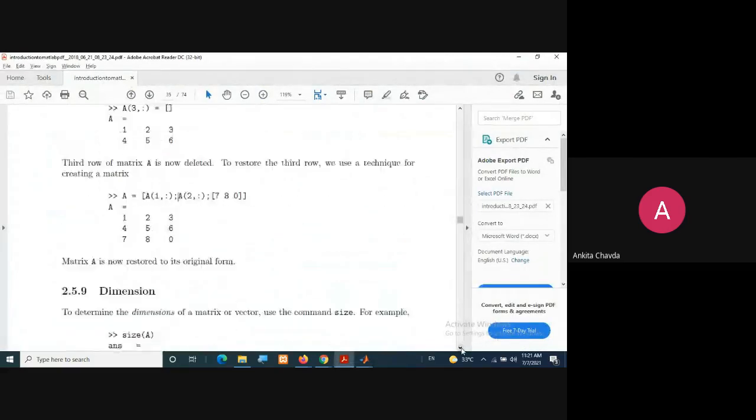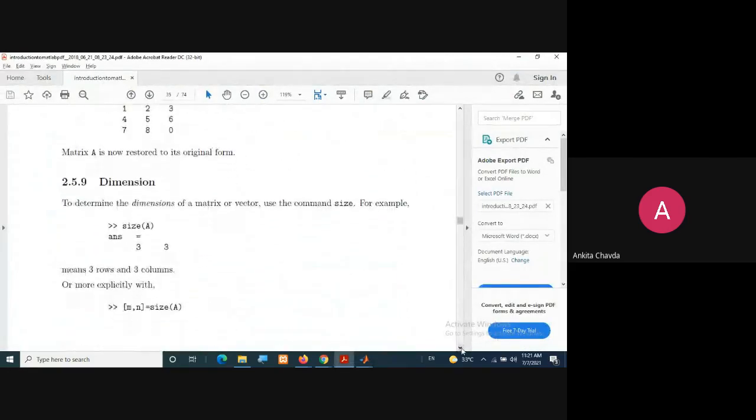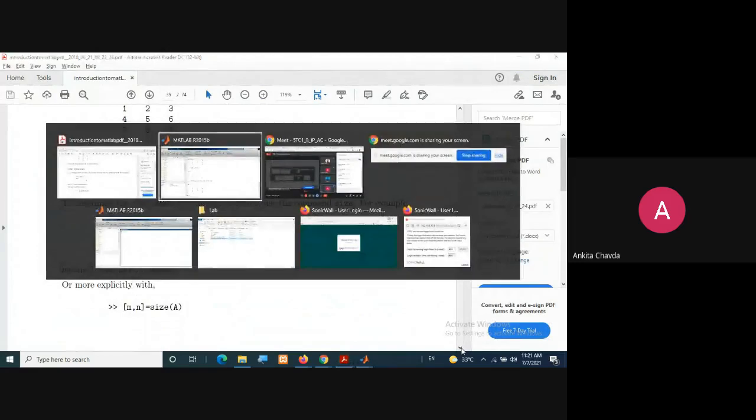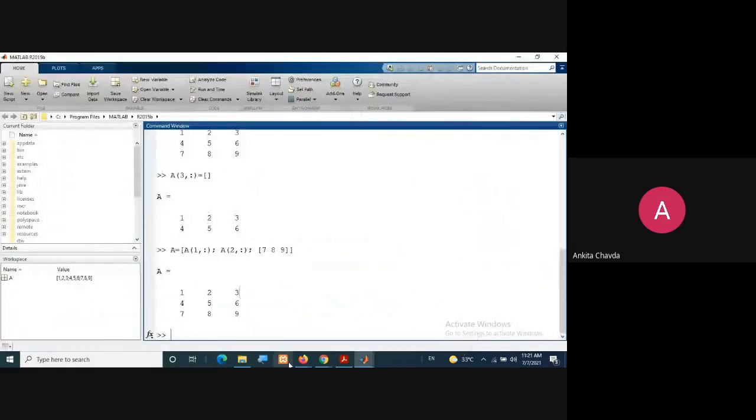Now, if I wish to know the size of my vector or the matrix or any image, because whatever experiments we will do later on, the main thing is that you should know the size, right? Because every time we will have the for loop. Whenever we have a for loop, we need to stop somewhere.